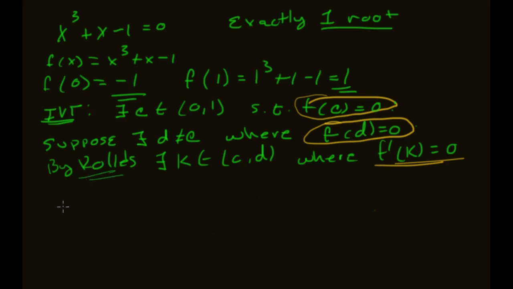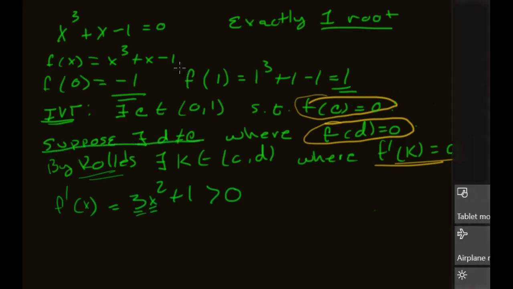Okay, but let's take a look at the derivative of this thing. If I take f prime of x, that gives me 3x squared plus 1. Aha, well this is always non-negative times 3, plus 1, which means that thing's always greater than 0. Aha, we have a contradiction here. So if I allow for there to be a second root, and we know that 1 has to exist, we've proven that up here,